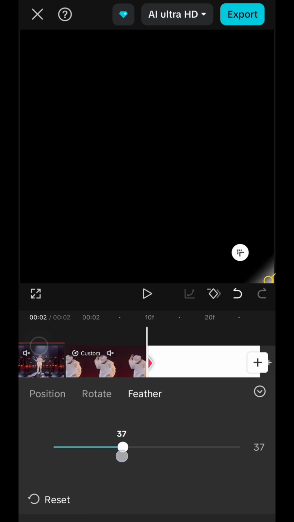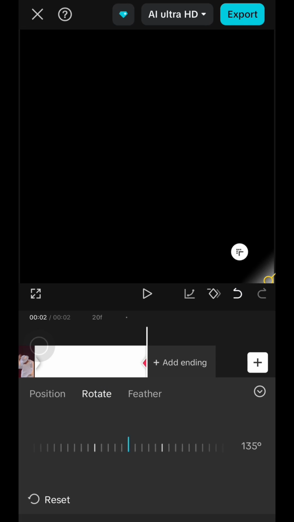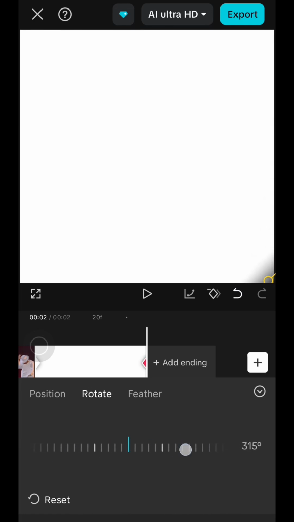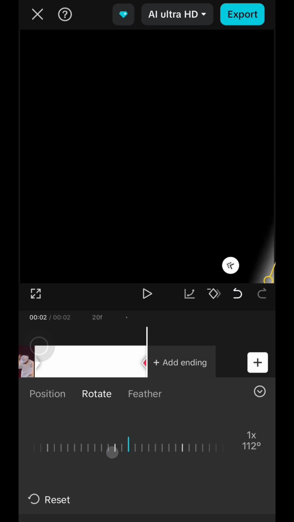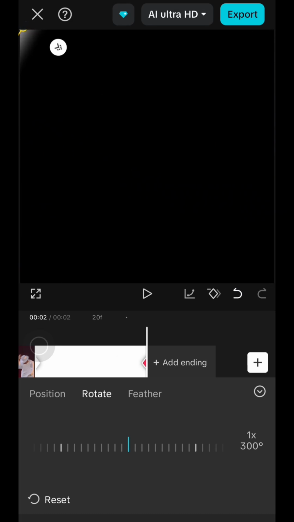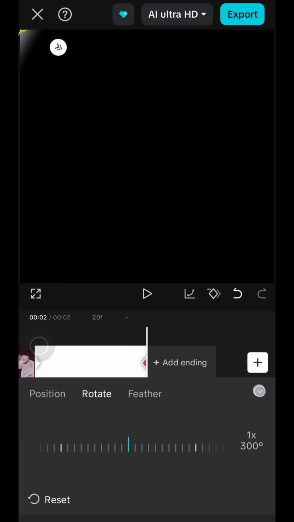and then I will adjust the feather until 40, and then I will add keyframes at the end of clips, and then I will rotate twice or 3 times the mask like this. And then I will drag it up the mask so it will look like this. And then